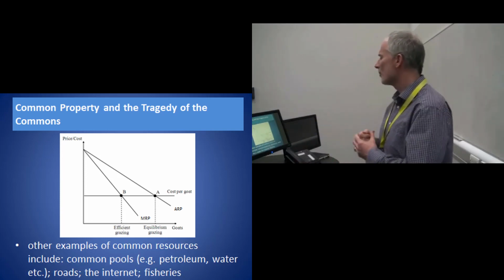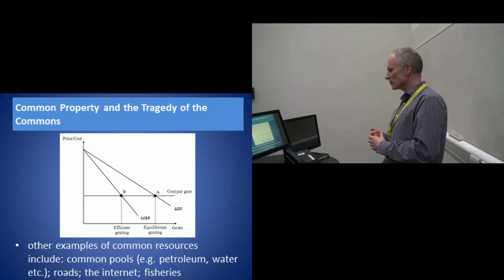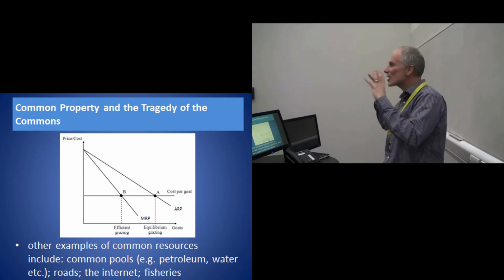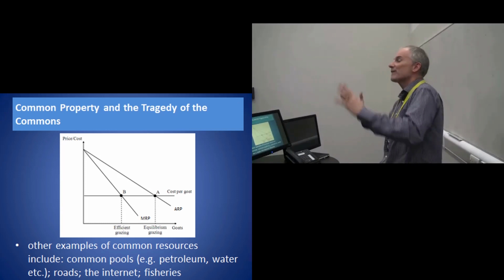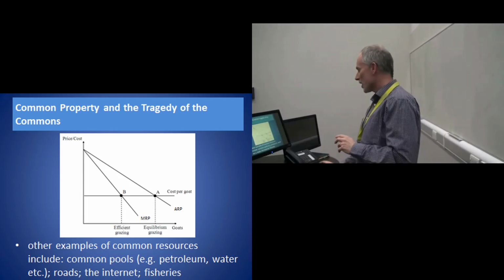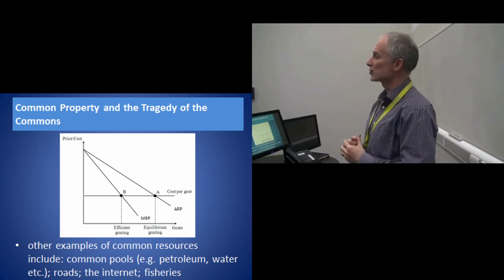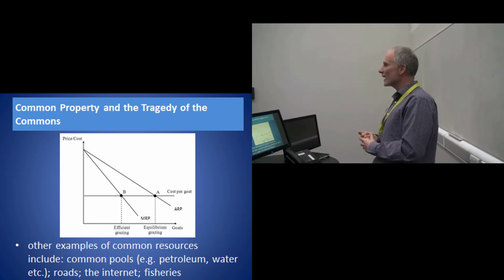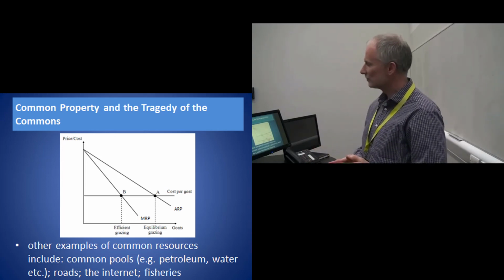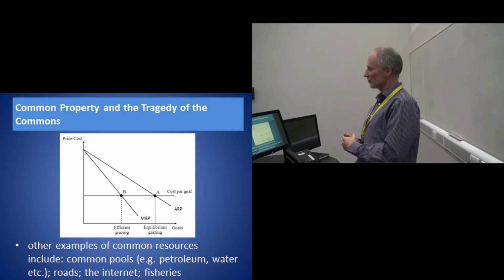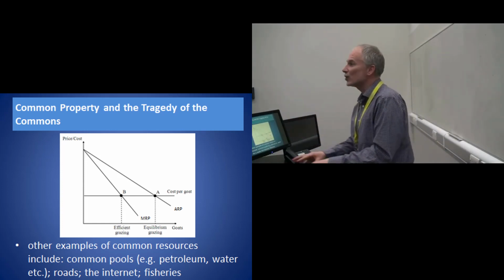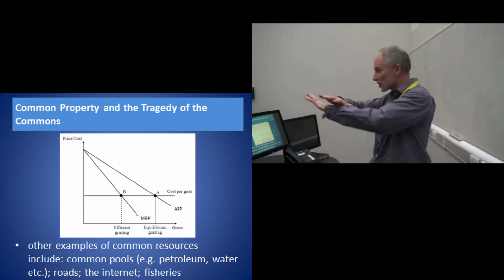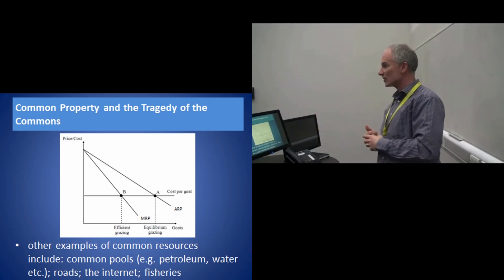Now this is just an example of a common ground. Common property could extend to a whole host of other things, and the exact same principle will also apply. I'll just throw a few examples at you. If we start thinking again of common pools, and the reason I mention this is it puts things historically into perspective. When we had the first Gulf War in 1991, when Iraq invaded Kuwait, what was the pretext for this? Well, the pretext is that the Kuwaitis were extracting the oil as a common pool of oil that lies under the Arabian Peninsula.